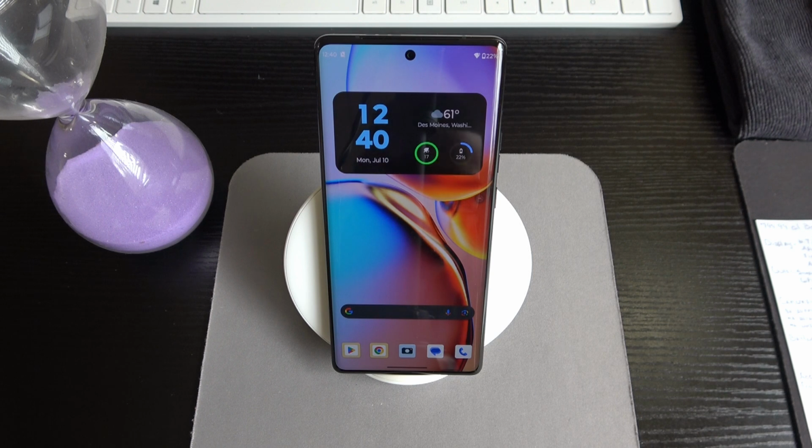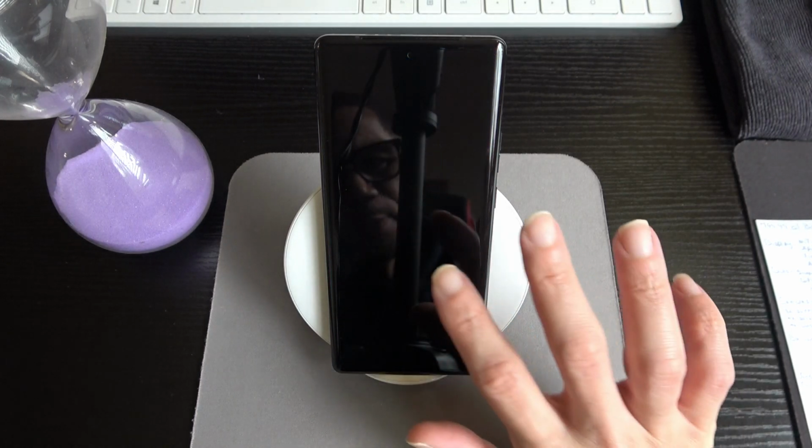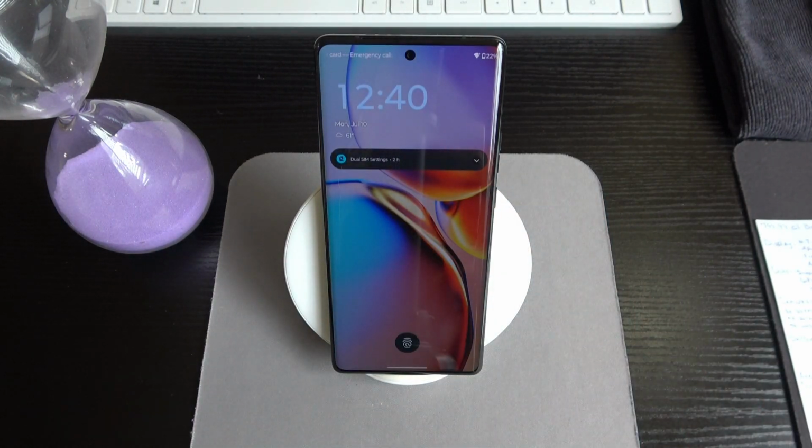Motorola, they're paying homage to LG. You know what I'm saying? Rest in peace to LG. I ain't forgot about you, LG. There's a lot of things that LG originated on their phones that a lot of the OEMs have copycatted and put in their devices today. Features that we know and love, like double tap to sleep and double tap to wake. I love the fact that that feature is here, but I got to pay homage to LG because